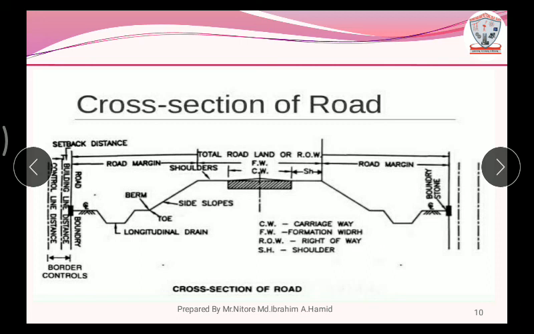The first unit is the overview of highway engineering. The second unit, that is geometric design of highway engineering, we see the introduction, definitions and the components of the road. In the next session we will discuss the cross section of road in depth. The weightage of the second chapter for MSBTE is 16 marks: for remembering 4 marks, for understanding 6 marks, for application 6 marks. So in the next lecture we will see the cross section in detail. Thank you for watching.